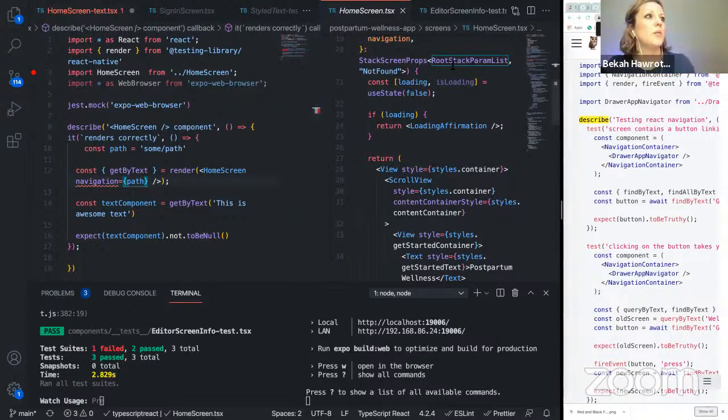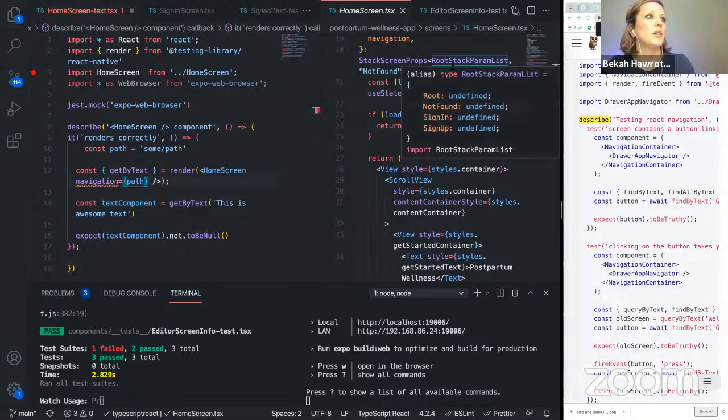Let's see. I wonder if it's not working because the component isn't set up right. That's certainly another option.